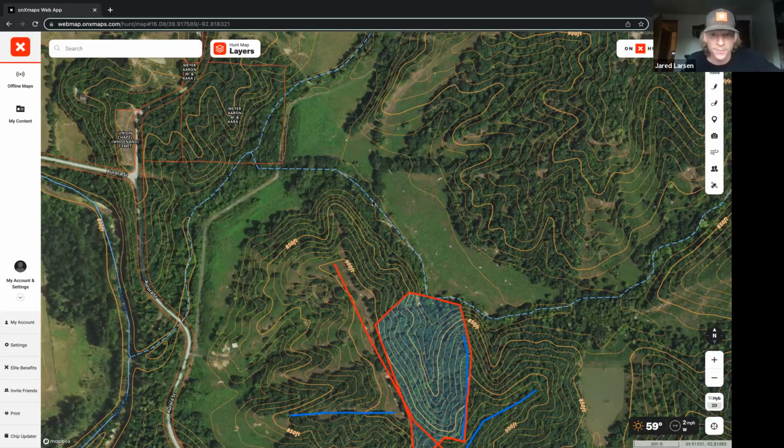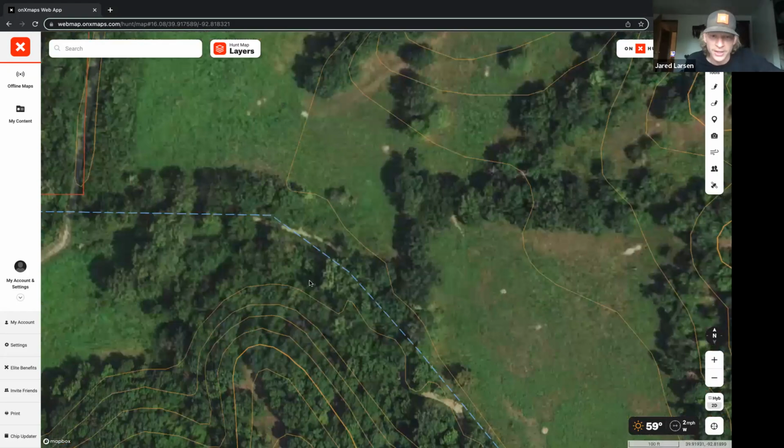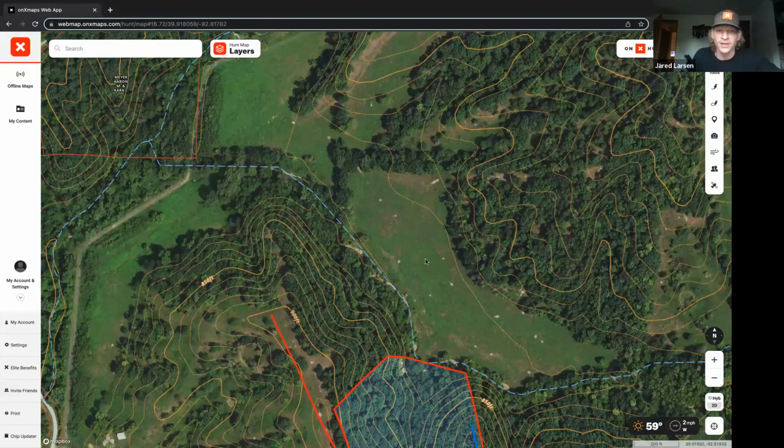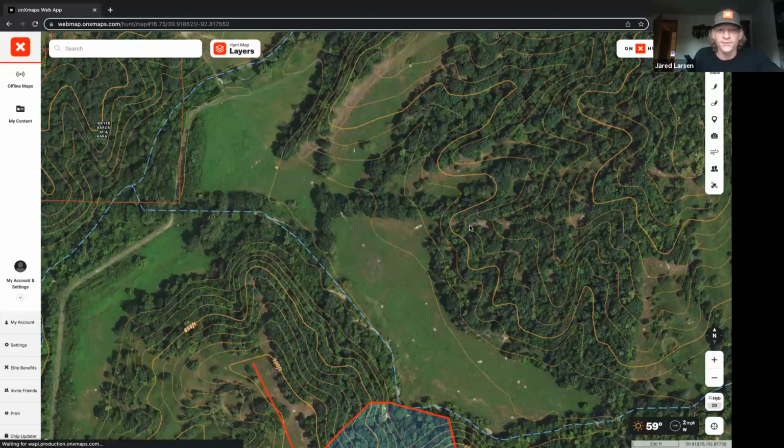And so here's a pretty good example of one. You have this big chunk of timber here, big chunk of timber here with this open field, but you have this finger of timber that comes out. And so deer in general, but particularly mature bucks, they're not going to walk across this wide open field in daylight. They're going to follow the cover and they're going to follow this tree line and connect to this other